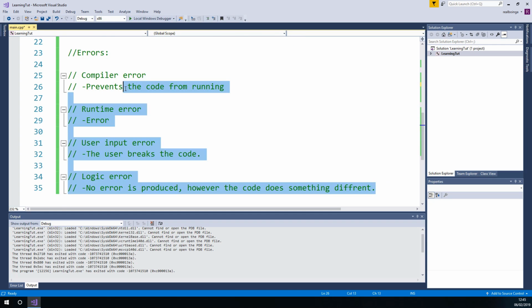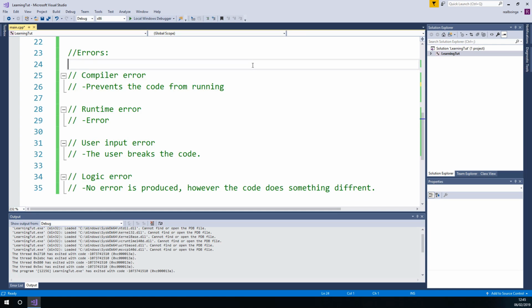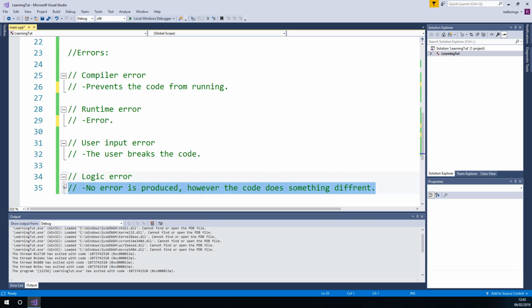So those are the 4 errors. I know before I said only 3, but those are the 4 errors. Compiler error, which is where before you can even test the code, it automatically breaks because nothing can happen. A runtime error, which can appear in different things. It can just throw an error at you. It can be where the user breaks the code by doing something they shouldn't do, and or a logic error,